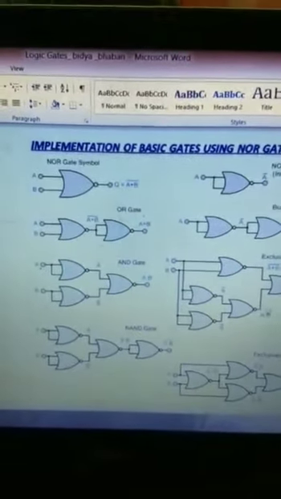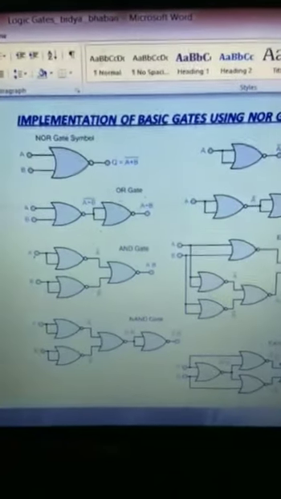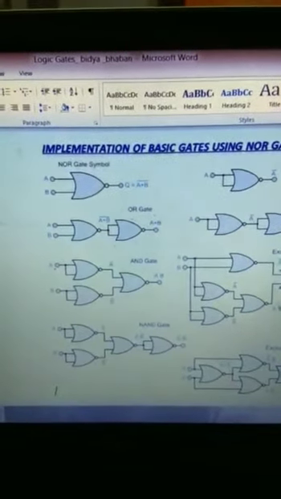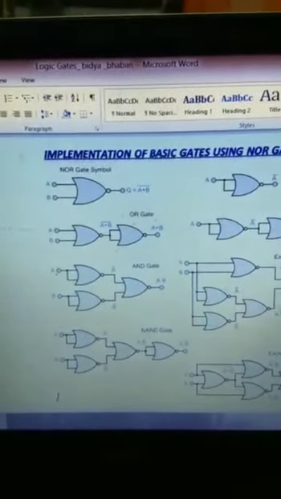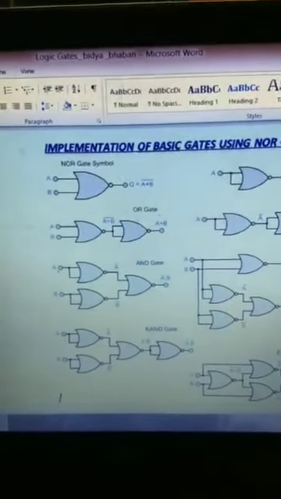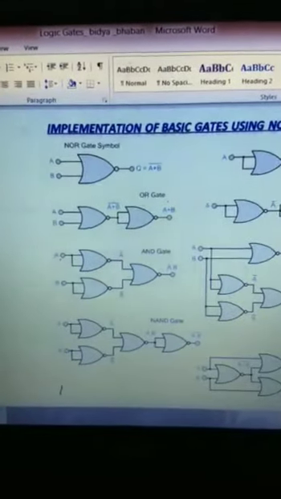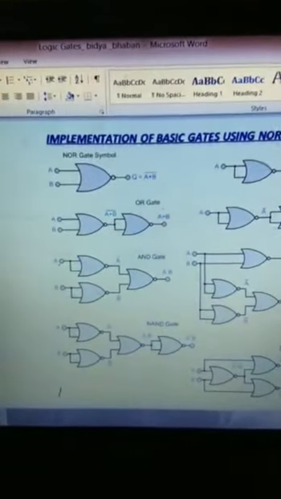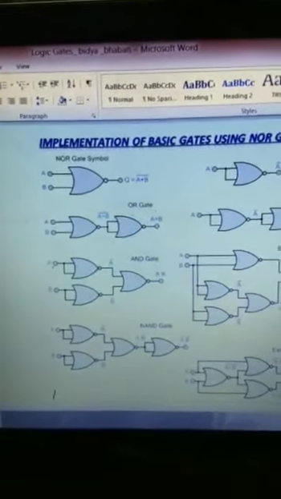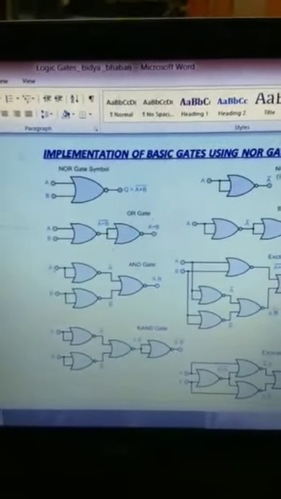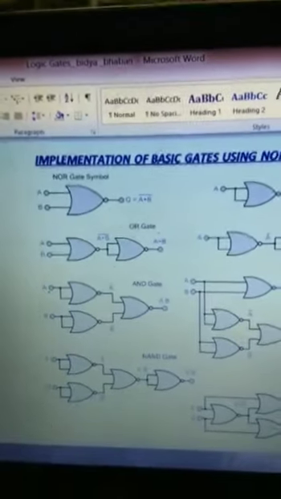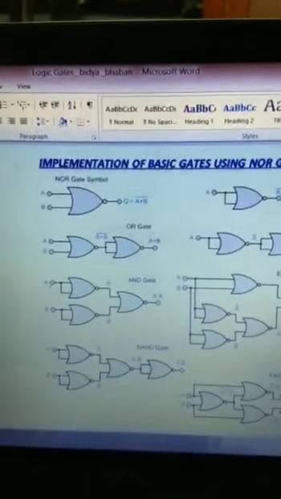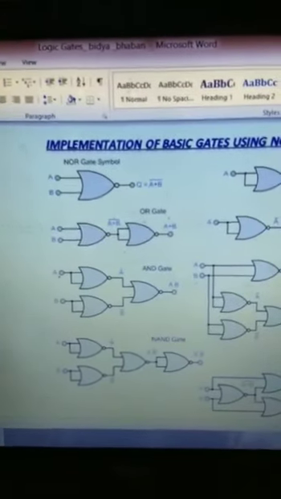And here is how to generate the OR gate. A and B, both inputs we are taking, and if you pass them through the NOR gate, it will result in what? A plus B whole bar. So this A plus B whole bar output I am again splitting, one part A plus B whole bar, another one A plus B whole bar. Again if you pass them through the NOR gate, we will get the result A plus B without the complement. Okay.